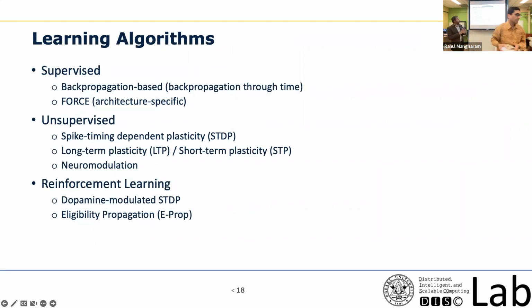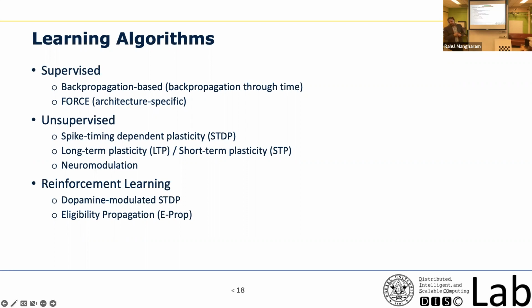In general, if you look at the total space of learning algorithms for spiking neural networks, you have supervised learning, which is backpropagation based, usually backpropagation through time, limited to a very small time interval. As I said, spiking neural networks are predominantly non-continuous, so you have to consider a very small time interval where it is continuous, differentiate it, and then leave it like that. You have to zoom the timing into a very small portion to calculate the error derivatives.